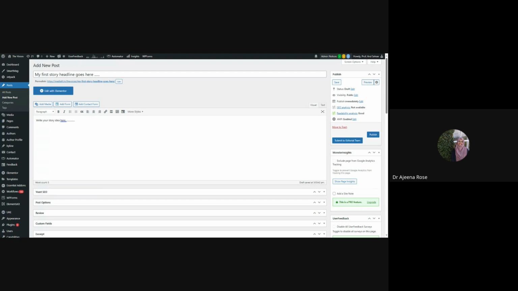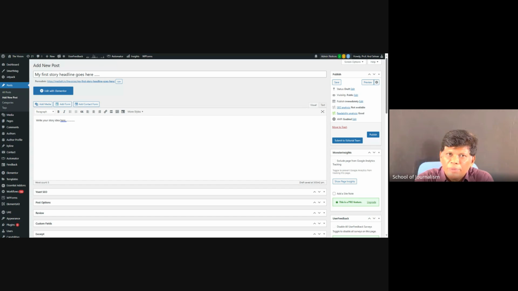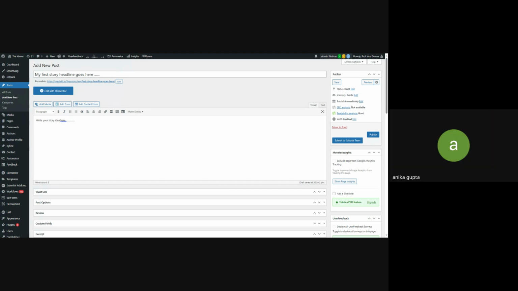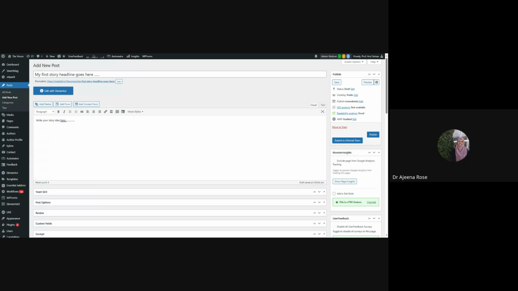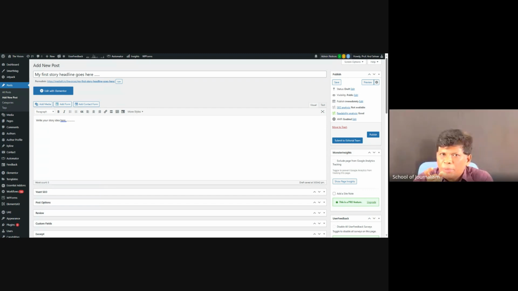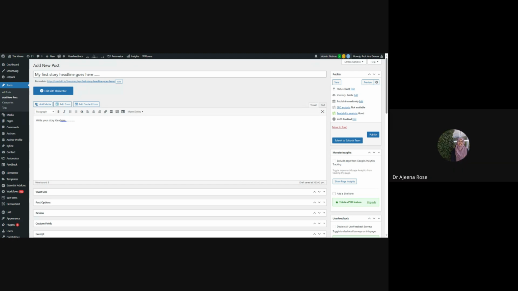Yes, distance mode, sir. So for online students, the code is different. The program code, for example, PGDIDM is for offline; it's just PGDIDM. If it is online students, PGDIDM OL is added in the program code. In case you see your ID card, if your program code ends with OL, then you are an online student. If it doesn't have any OL, then you're a normal student. Okay, so I have registered for MAJDM, sir. So it will be normal. You don't need LMS. Okay, sir. Thank you.